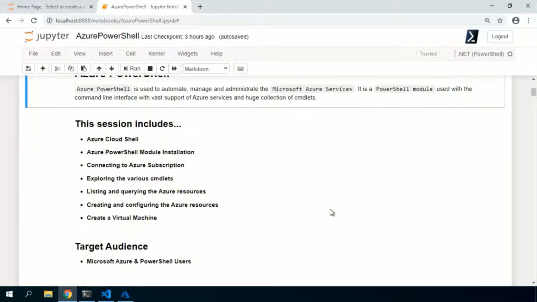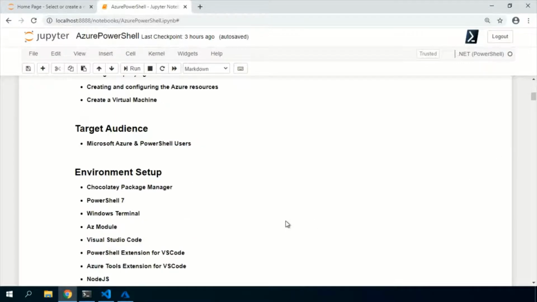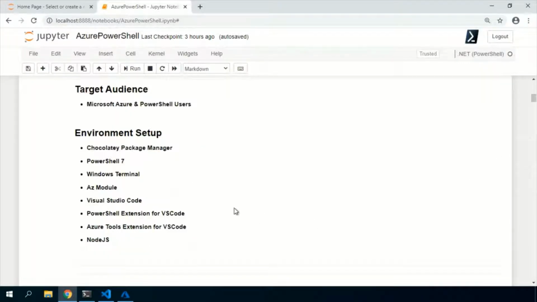All right. I'm aiming at the target audience who are already in Azure and wanted to get started with the Azure PowerShell. For this session, I'm suggesting the environment, but it's not mandatory.